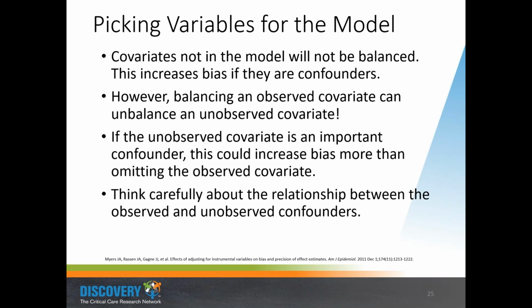And the typical advice is to include all the variables you can in your propensity score model. I still think that's a good idea, especially if you're working in the EHR world where you have tons and tons of variables. You just hope that you will have enough variables that are correlates for unobserved confounders that you won't have this problem. But there's no panacea, so you really have to think carefully about the relationship between your observed variables and the outcome and treatment, and think about what it is that I might not be observing in this study, and is there anything that I am observing that, if I were to correct for it, would somehow unbalance things that I'm not observing. There's no mathematical way to test for that or know that; that has to come from your domain knowledge.